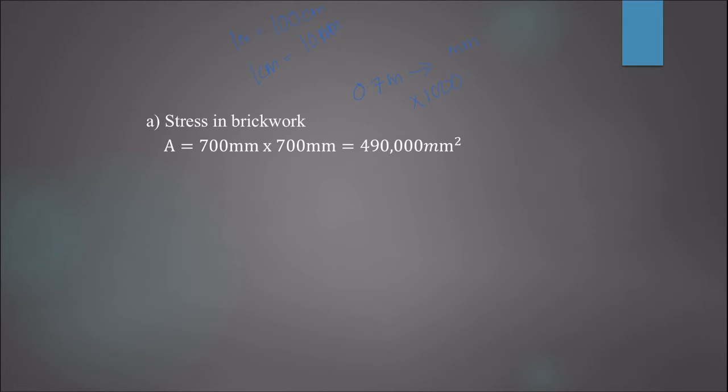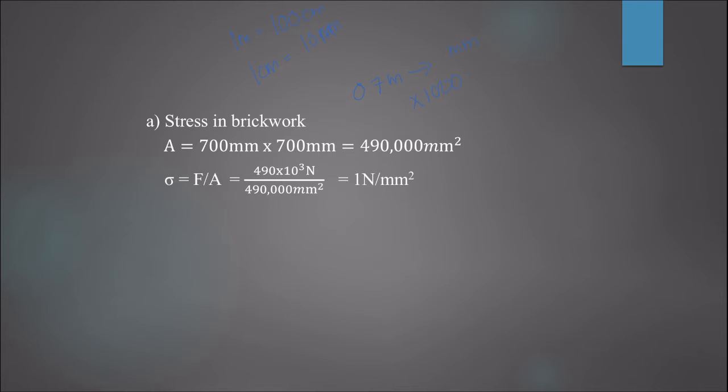Therefore, 0.7 darab 100 darab 10, dan dia darab 1000 lah, maksudnya become 700. Okay, so that is the area part. And next we need to calculate saja dia punya stress, sebab dia kata stress in the brickwork immediately below the